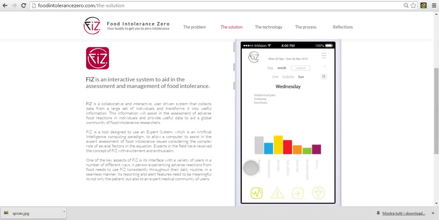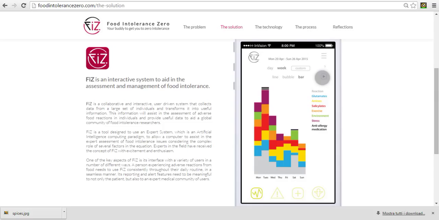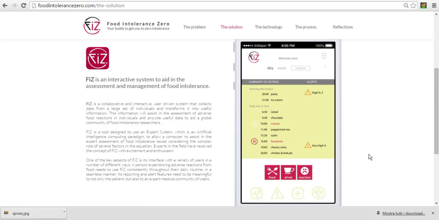And this is quite an interesting way to view the course of Jane's week, because we can follow quite easily the correlations of her reactions against other chemicals and cofactors. So as the grey bar grows, we can see as well that the salicylates and the environment, as well as perhaps stress, is also correlated. And inversely, we can see that the blue glutamates and yellow amines can go up and down really without affecting her reaction. So that brings me to the end of the 4 vertical slices that are available for view in